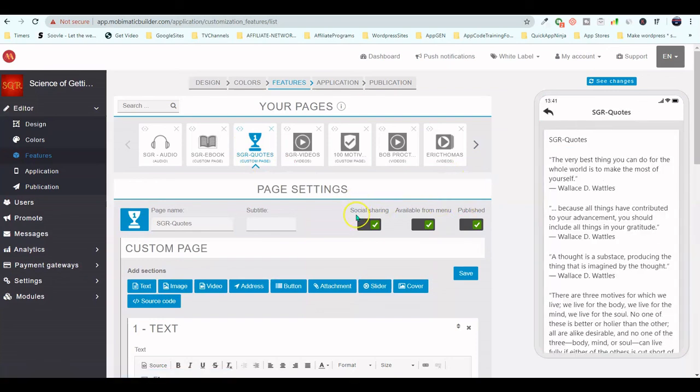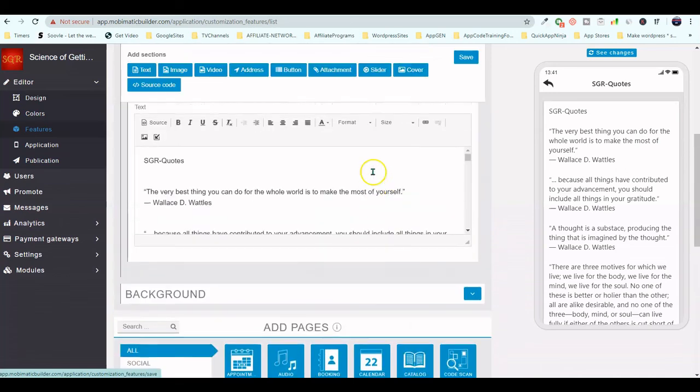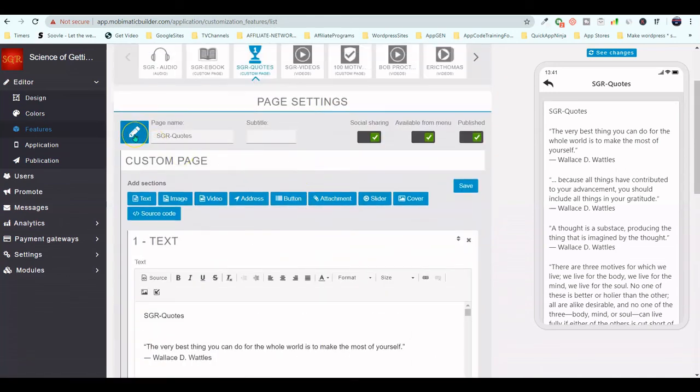And the image I used was basically the number one trophy. But like I said, it would be the custom page, and I just edited the icon. Okay? Put the number one there. Okay? SGR quotes. And you're getting a bonus feature here for your user. They're getting more in use value,